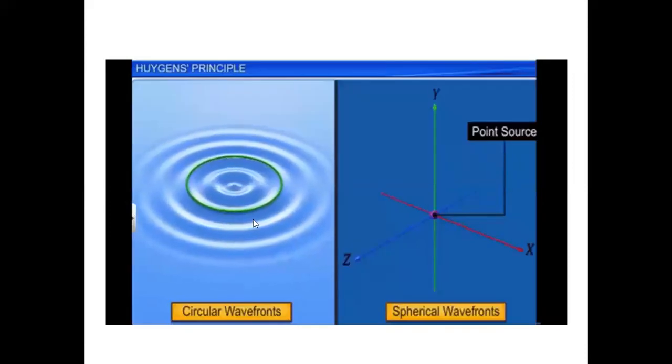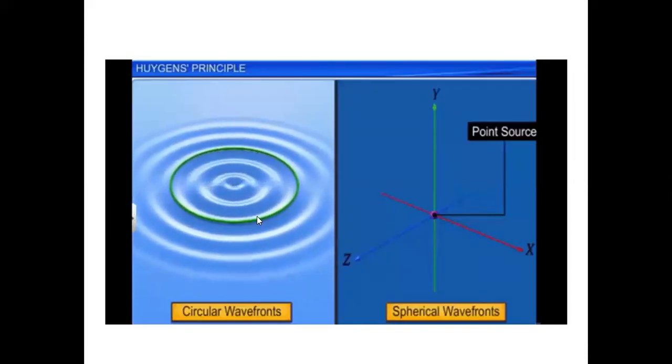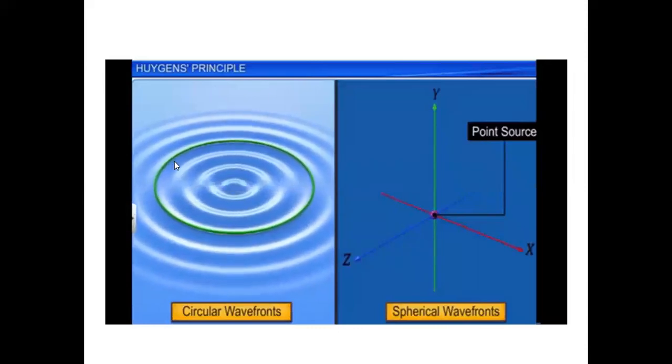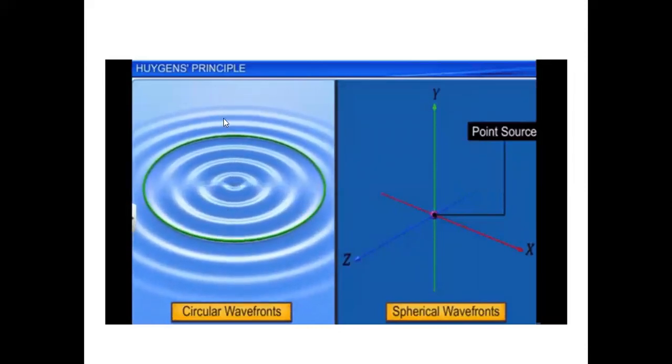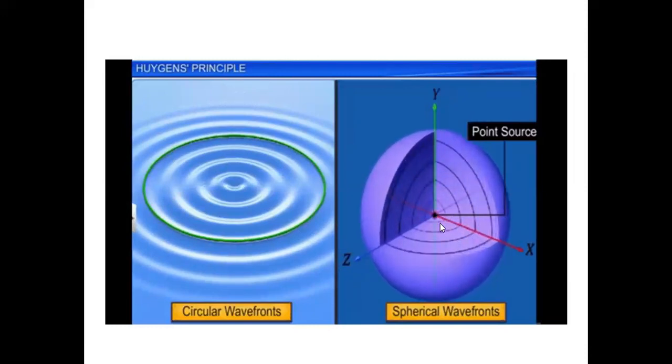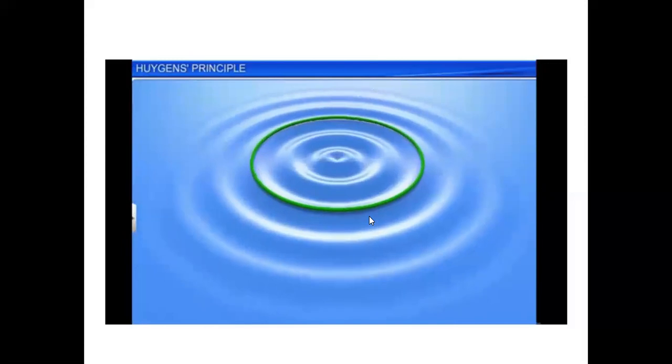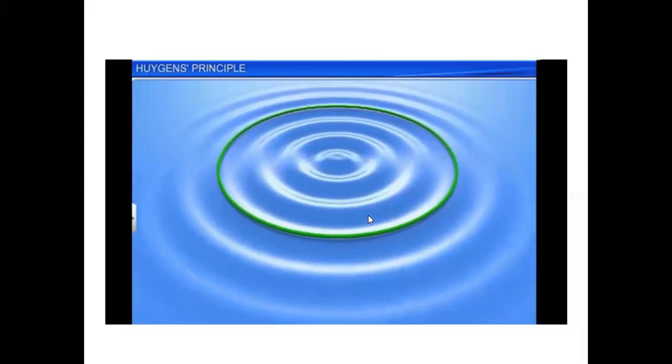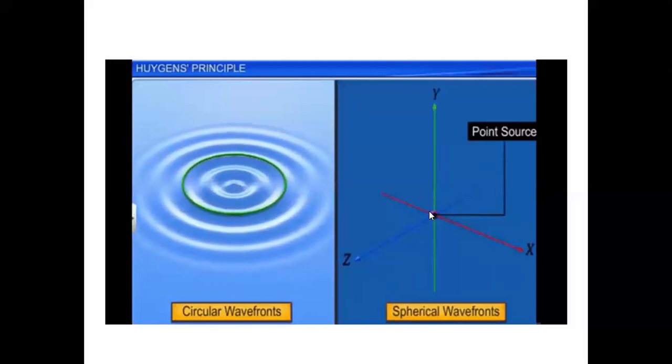Okay. In a water ripple, it is a circular wavefront, right? Because the water ripple doesn't move in and out of the water. It is only on the surface. Now, if you consider a point source of light, light is a three-dimensional wave. It travels in all directions, not on a plane. It travels in space, so it is a three-dimensional one. So if you put the circle in three dimensions, you will get a spherical wavefront, right? So a point source of light gives a spherical wavefront.